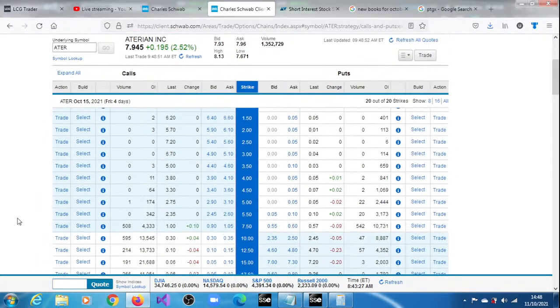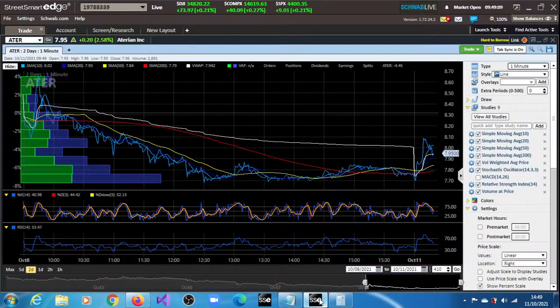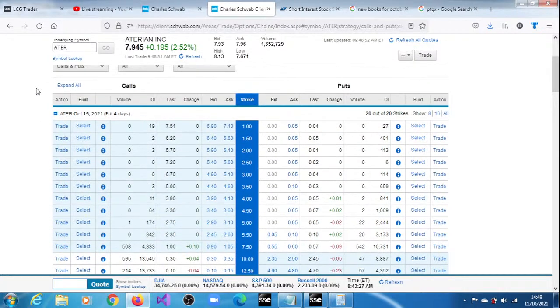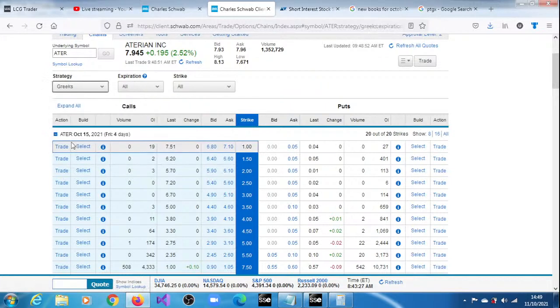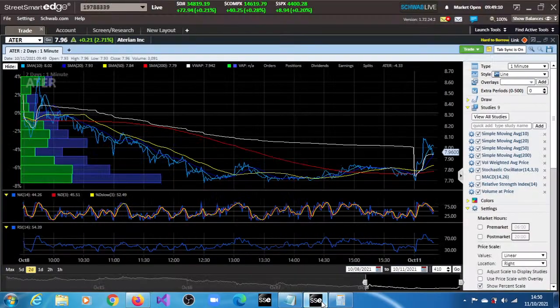So let's look. You can see the most popular so far, I think, is the $15 strike. Is the stock anywhere close to that? No, it's just about $8 or thereabout, roughly. So this is around where we are. That 7.50 has a small open interest. But if you have a look at the Greeks, it will give you an idea of what might be going in and going out to hedge positions. We have a delta for the 7.50 of 0.41, but we know the open interest there is not so much. I think it's the 17.50 or thereabouts that has a huge open interest, but the delta is not anything significant. So maybe not so much might happen at the moment for ATER,